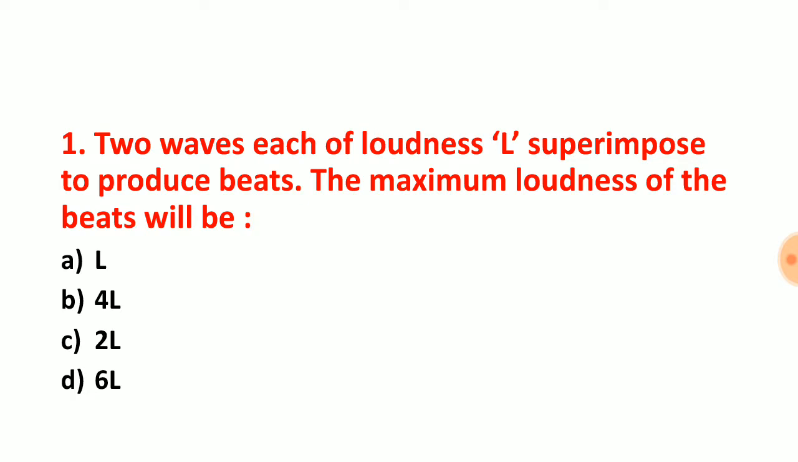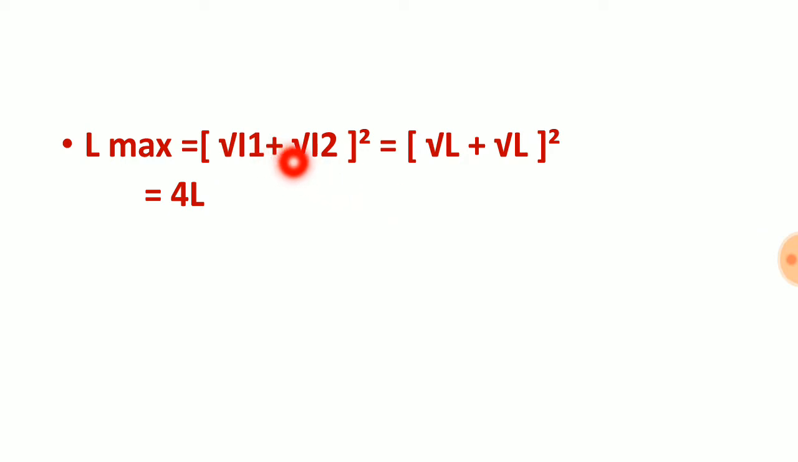Two waves each of loudness L superimposed to produce beat. Find the maximum loudness of the beat. So our formula to find the loudness of superimposed wave is L is equal to root under L1 square plus root under L2 square. So here two waves each have loudness L and total loudness will be root under L1 square plus root under L2 square, that will give us root under L plus root under L whole square. So it will be twice root under L whole square, that is 4L